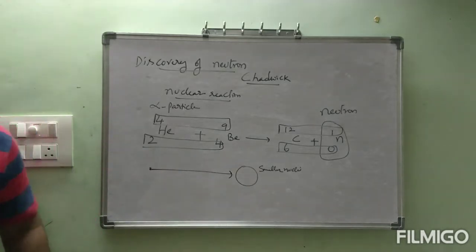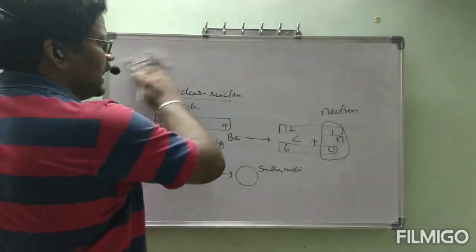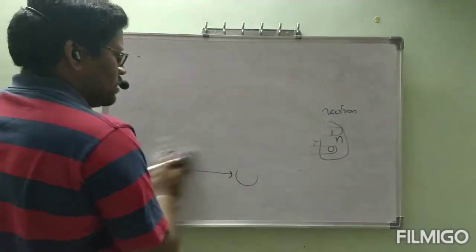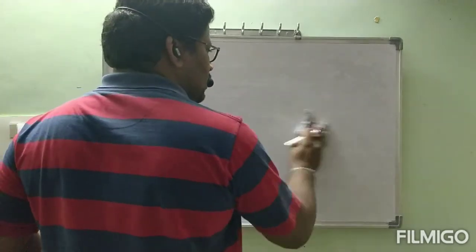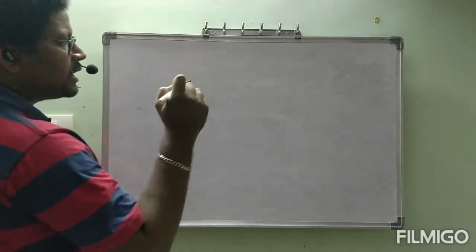Now we will see what about the information regarding these subatomic particles. Sorry, fundamental particles. Till now we have discovered 3 particles. Those are electron, proton and neutron. First one, discovery of cathode rays. Second one, discovery of anode rays. And finally, discovery of neutron. Okay, let us see the table column regarding these 3 particles.